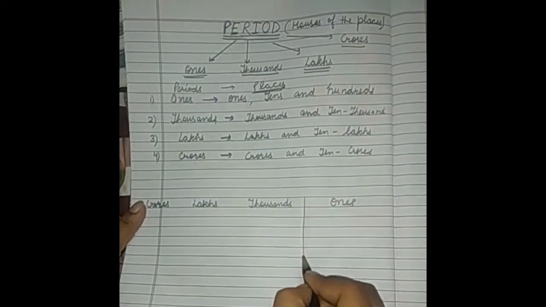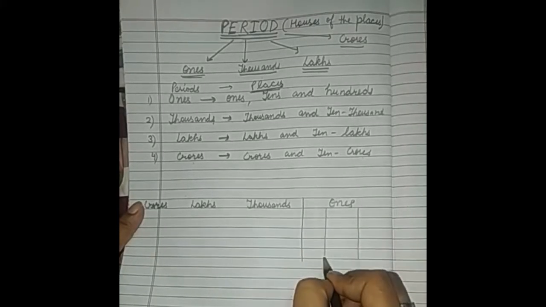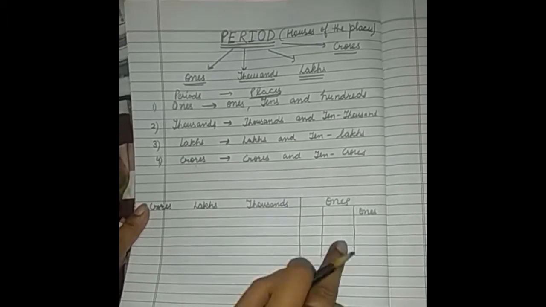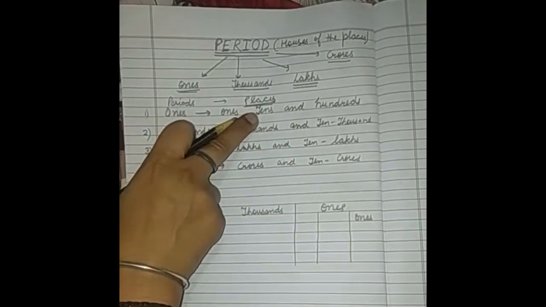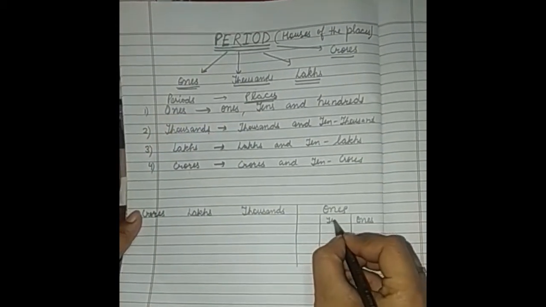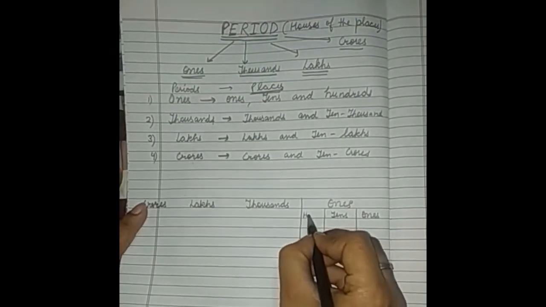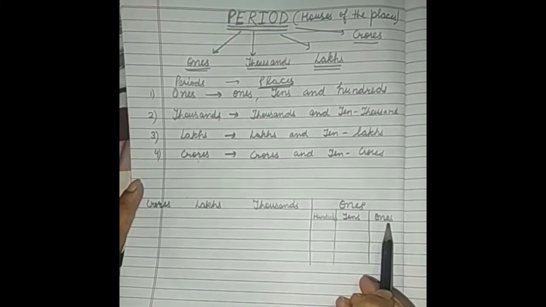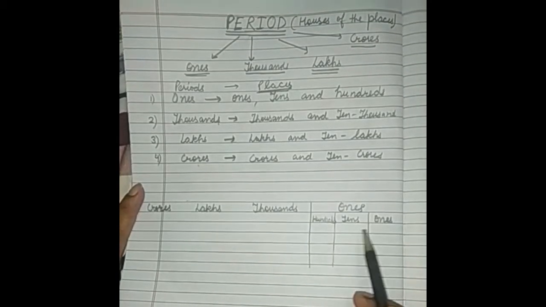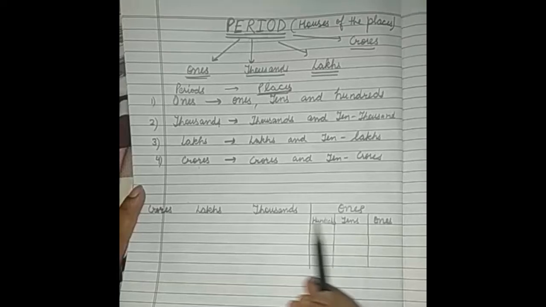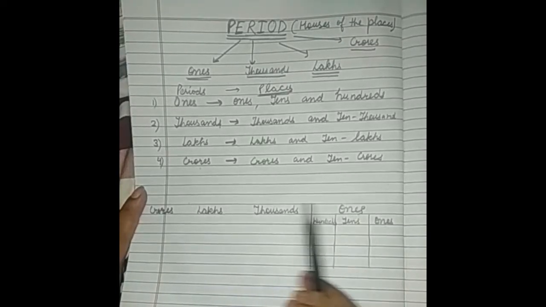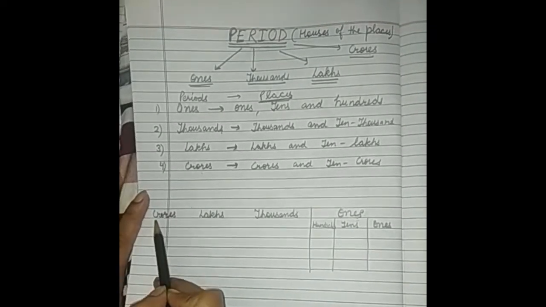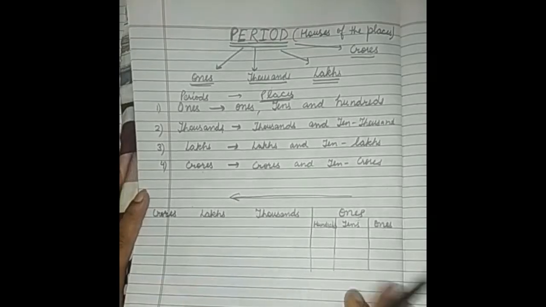Now we are going to place these places into the ones period. So we will write the ones place in the last column of the ones period. Now the second is the tens place. We are going to place it in the ones period again, and the hundreds. Now as you can see, I have started from the ones place, because we are writing the numbers from smaller to bigger. As we are moving from ones, then thousands, then lakhs, then crores, means we are moving from smaller to bigger values, moving from right to left, right?